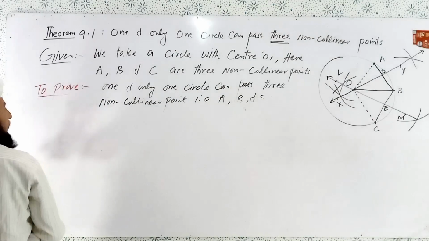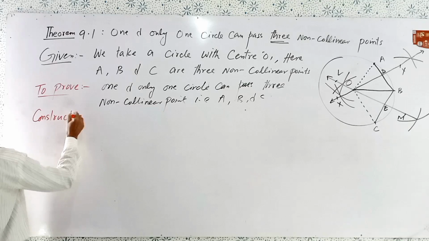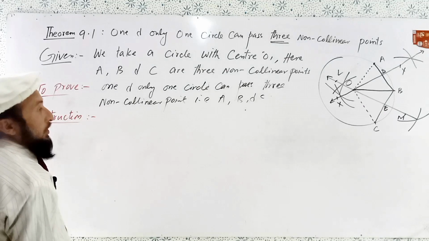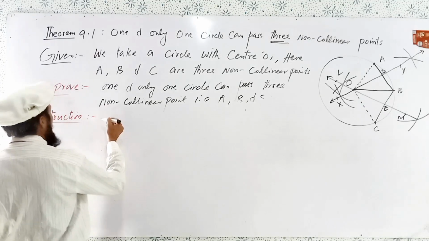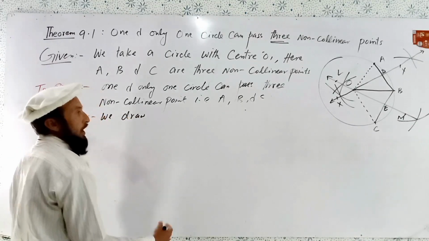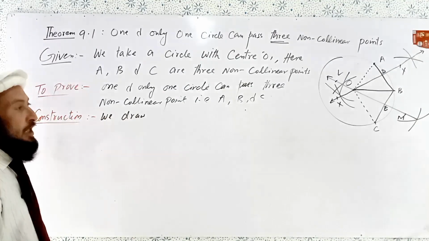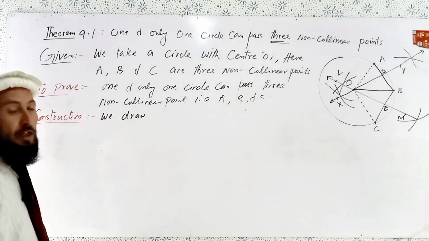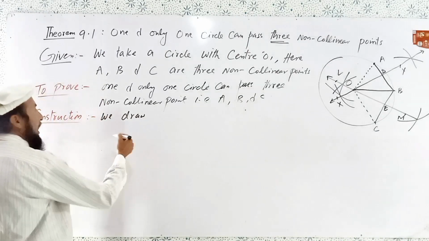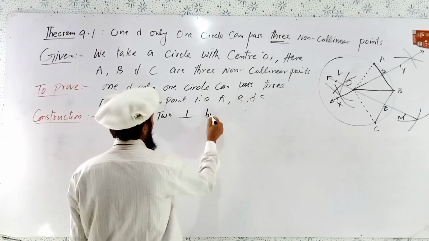To explain: first of all, we take centers A and B. We draw two right bisectors internally and externally. These connect to each other. To be simple, we draw two perpendicular bisectors,